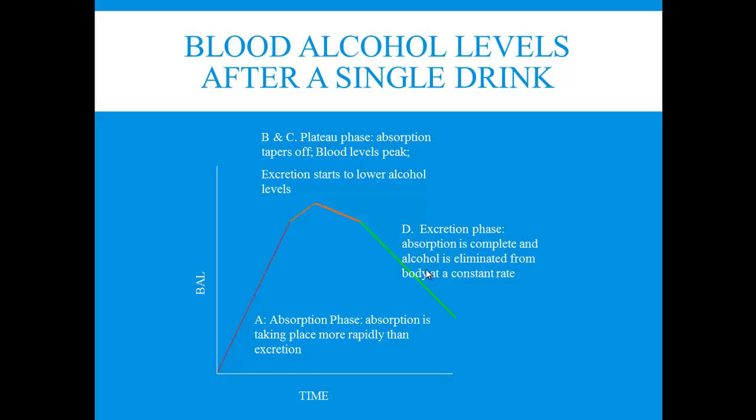That's what we mean with alcohol. When an individual drinks, that alcohol is going to be metabolized and excreted at a constant rate. But how that individual metabolizes and excretes alcohol is going to be different from individual number 2 and individual number 4, and it's certainly going to be different from the alcoholic. So this is our curve that shows us what our blood alcohol levels look like after a single drink. I'll stop here for this section. Give you time to think about this portion.